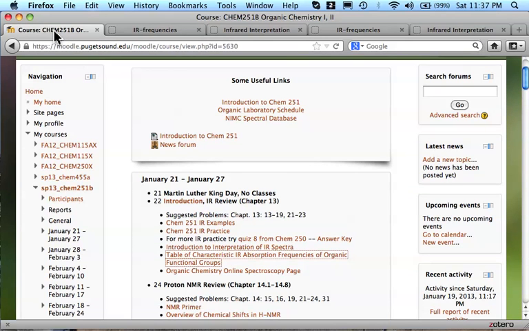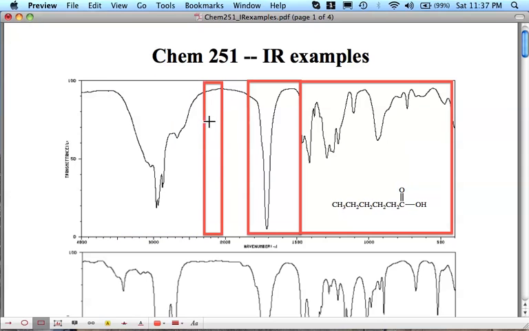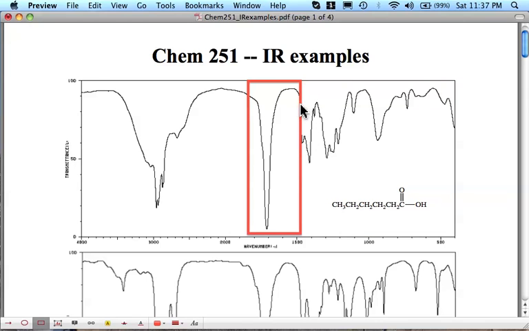Okay, so let's go back now to our IR examples, and I'm going to go ahead and delete these sort of regions. By the way, notice there's really nothing in this region in this spectra, so that means we don't have a triple bond in this molecule. And of course, I've got the structure shown below, so it's sort of pretty obvious. So let's start off. We're going to start off with this carboxylic acid and just see how we go about